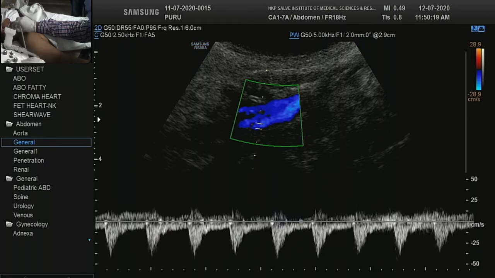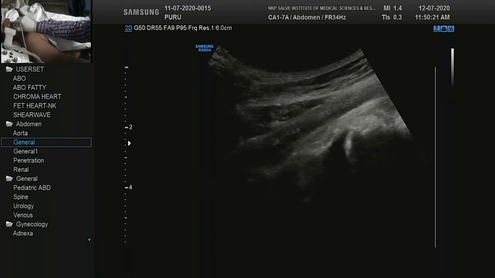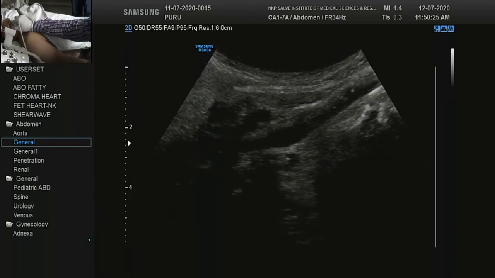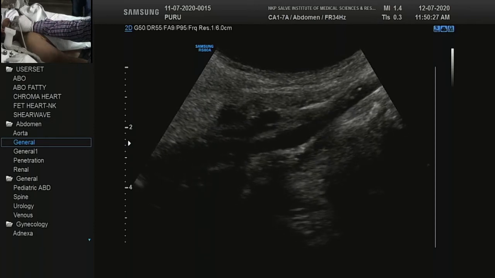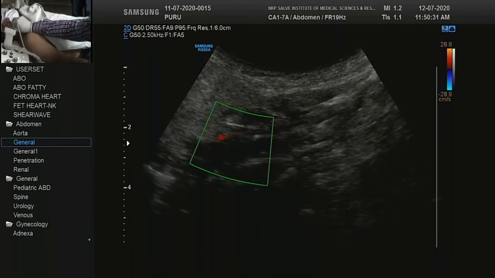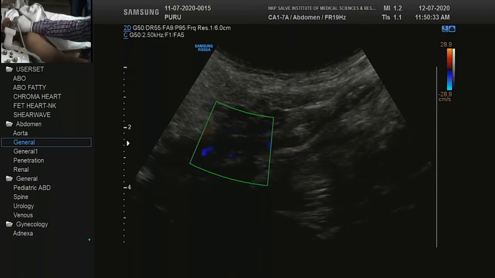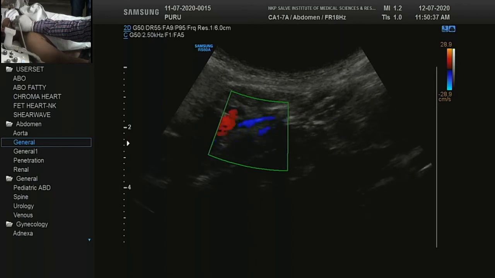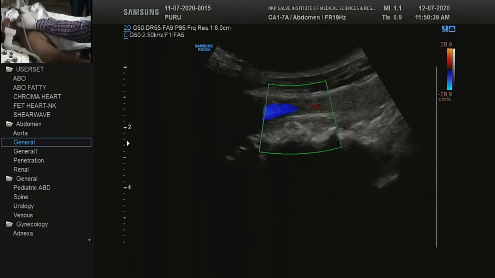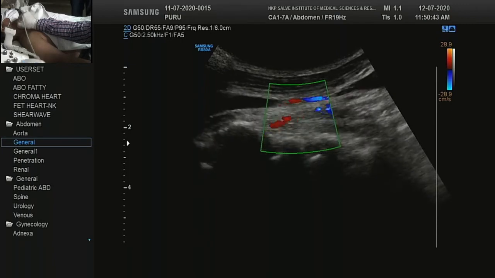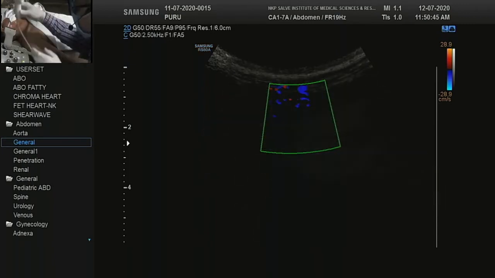That is the use of a convex probe. We may not be able to quantify, but we can see the vessel. So though the patient has blindness on the ipsilateral side, the artery is patent, and all our doubts were wrong.